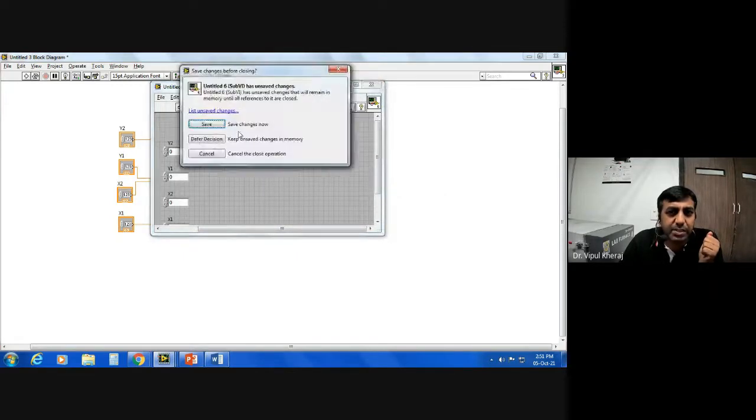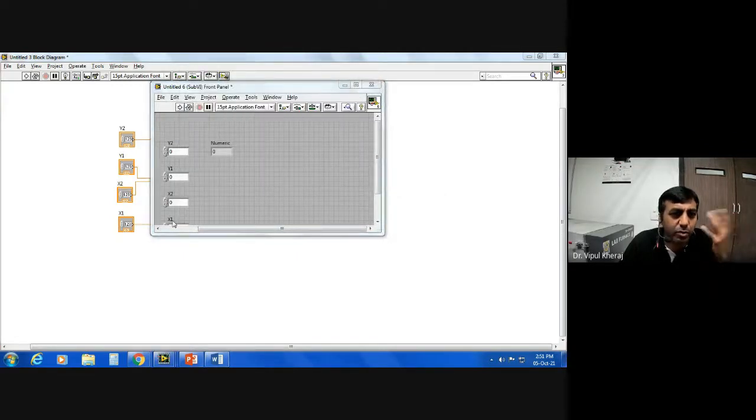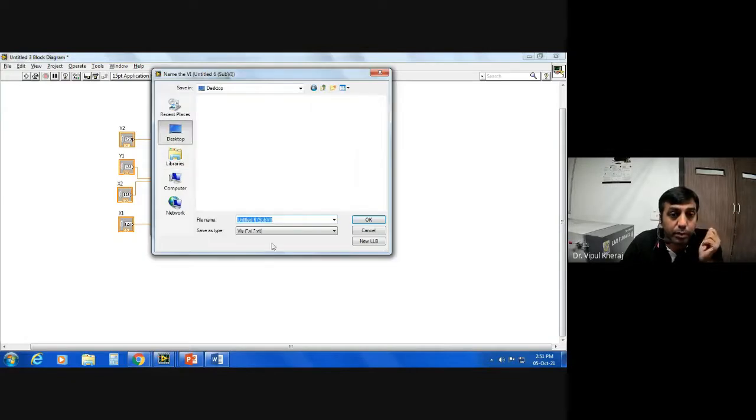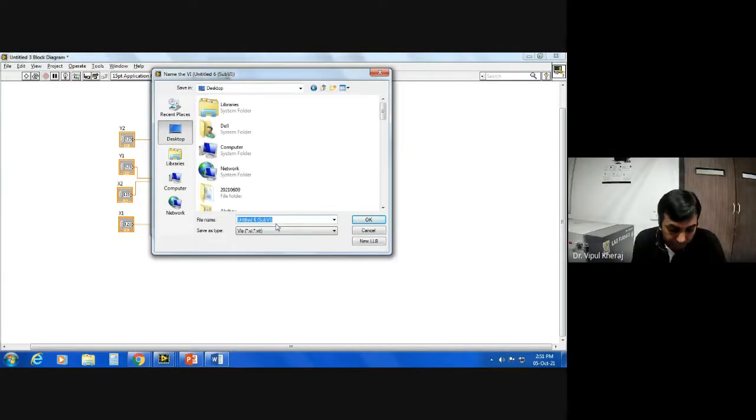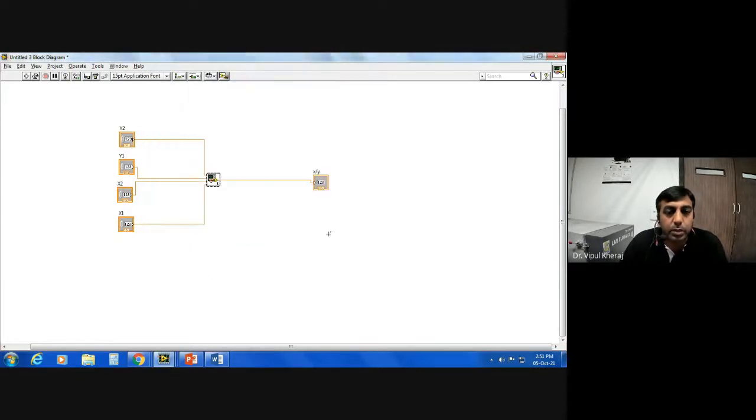I can save it to some location, on the desktop or somewhere. Okay. So now this is a slope finder VI I have prepared.